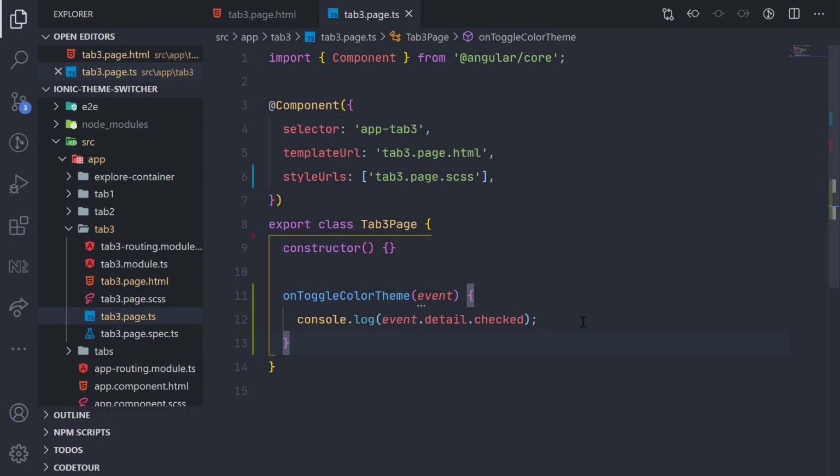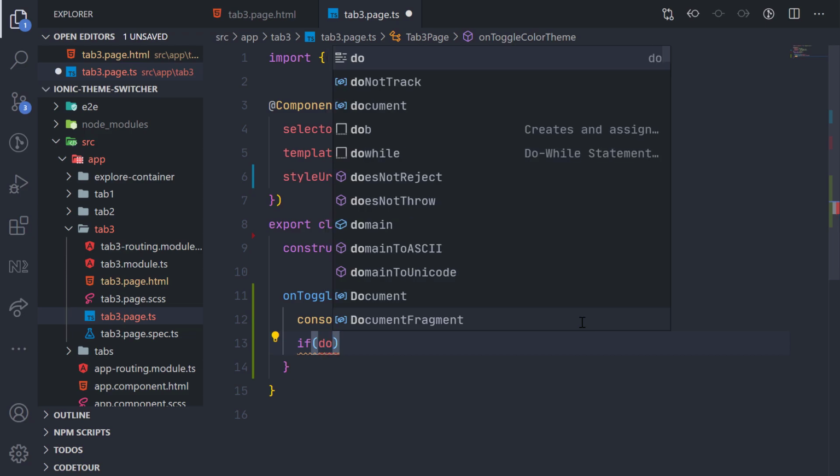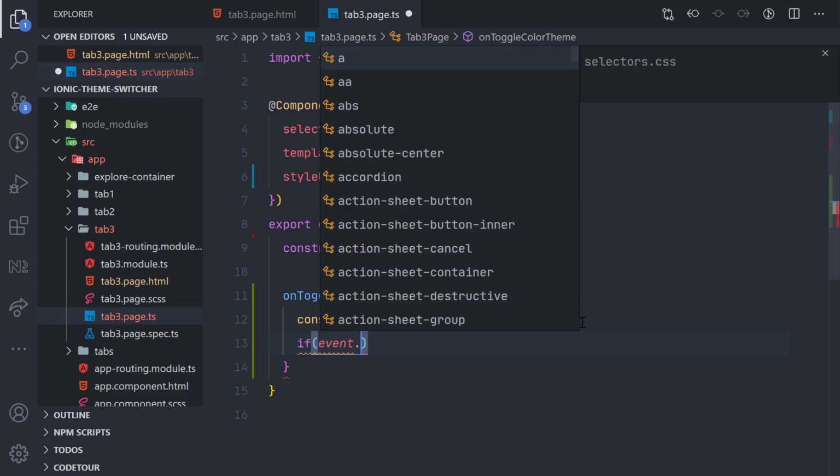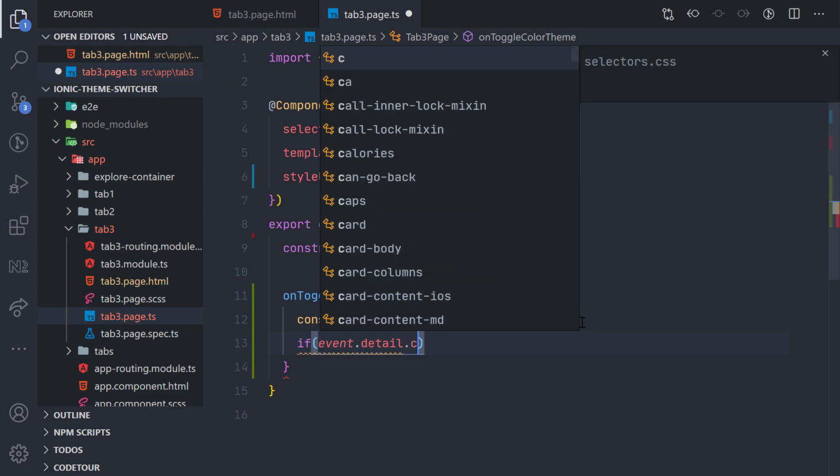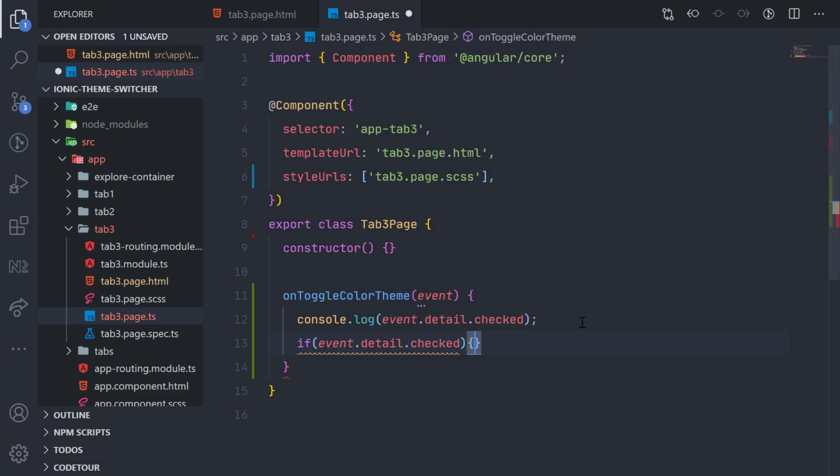So now we actually have to target our body element. So this is very easy if you want to actually do it with JavaScript. So let's say if event.detail.checked, right?